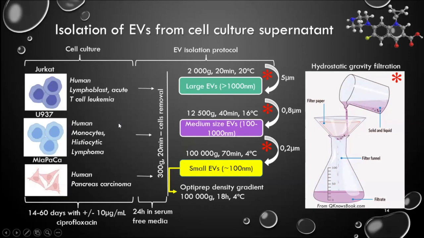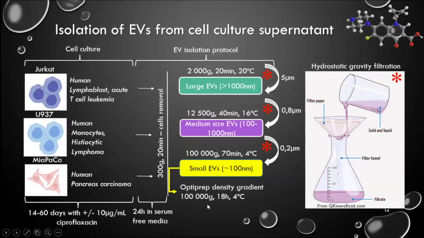To answer this question, the authors used 3 different cell lines: Burkitt lymphoma cell line, human lymphoblastic leukemia, U937, human monocytes from histiocytic lymphoma, and the 3rd line was from human pancreas carcinoma, Neopaka. Those cells were grown and cultured for 40 to 60 days in the presence or the absence of ciprofloxacin. Then, when they reached 50%, they were used for EV production and the protocol